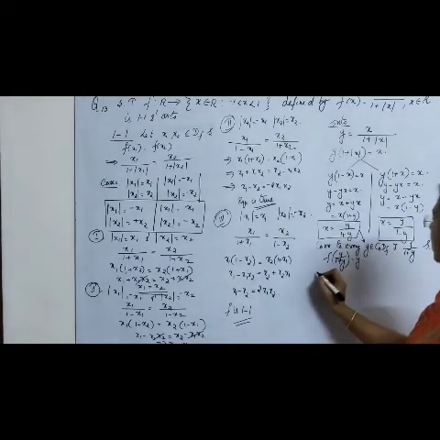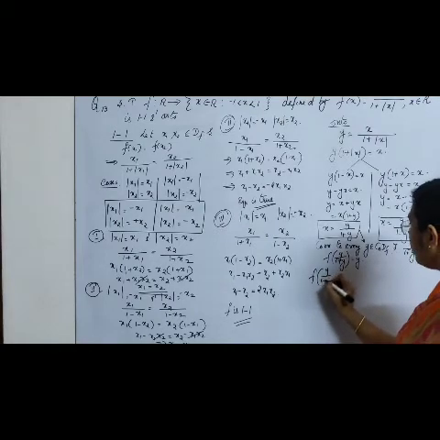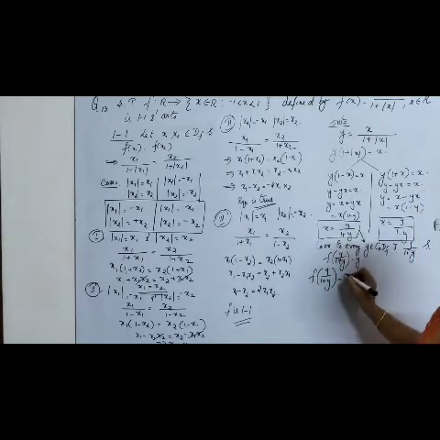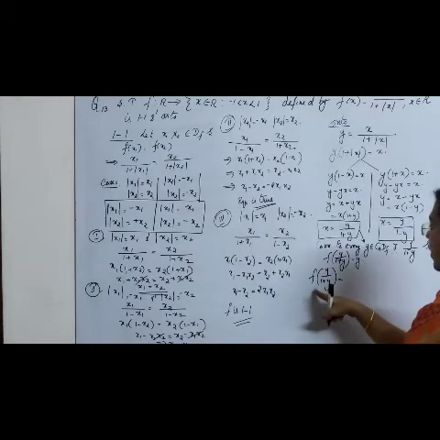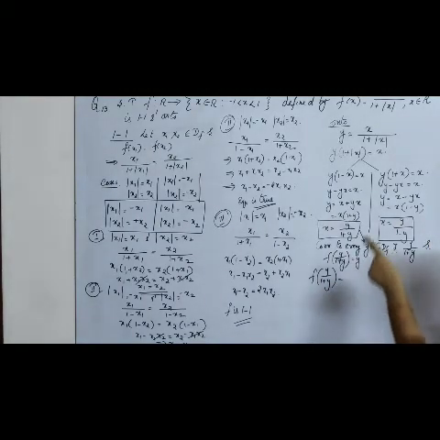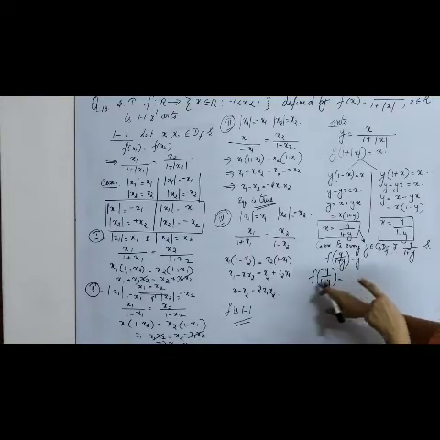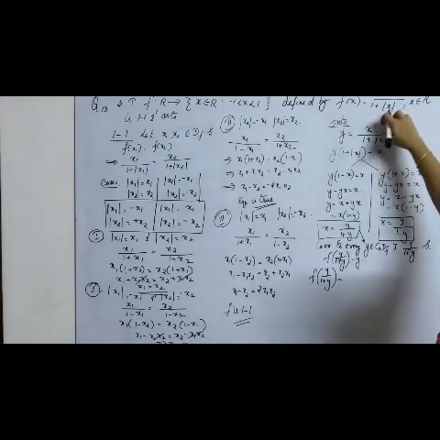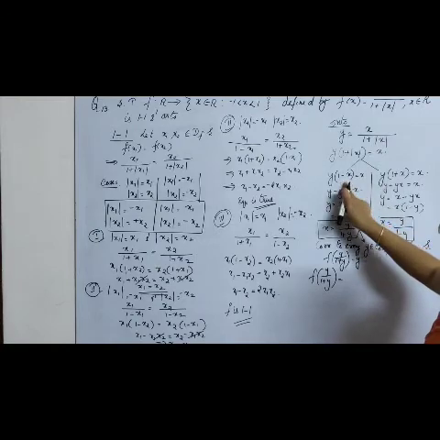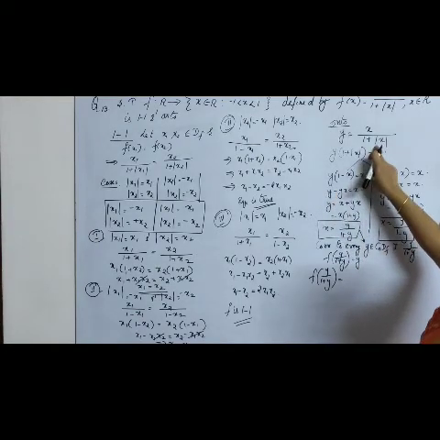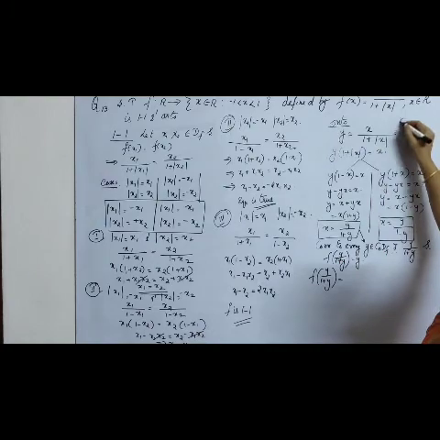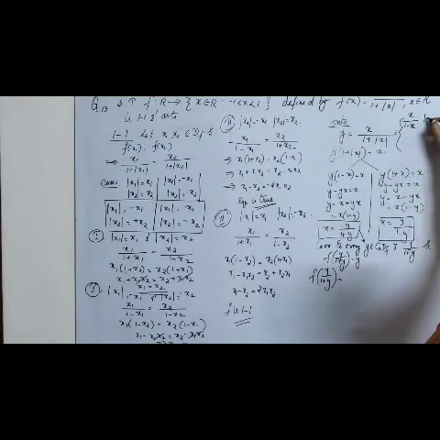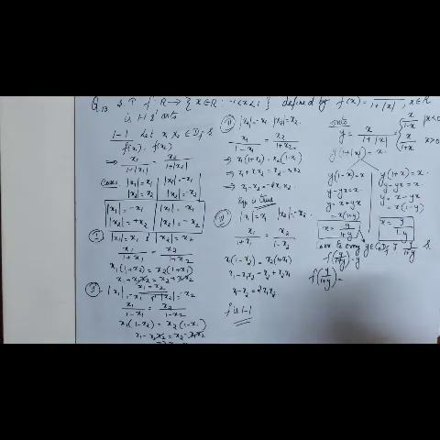Now, f of y by 1 plus y, what is that? What is our f of x? F of x is what? The function f of x. Where do I substitute now? Over here, right? This is the case when mod x is negative. So here in this function, I must have it as negative. So I may write this function as x by 1 minus x when x is less than 0, x by 1 plus x when x is greater than 0. So it's much clearer right now.